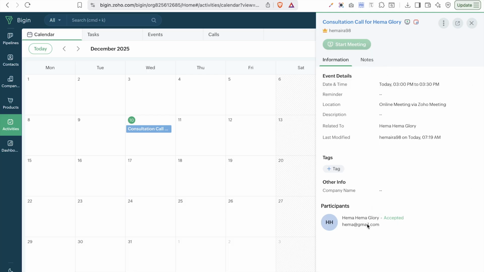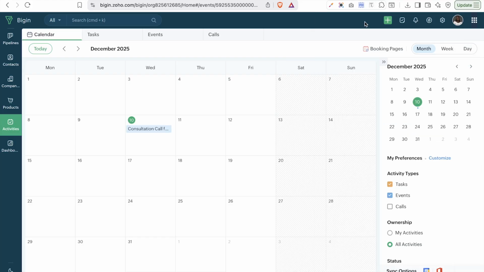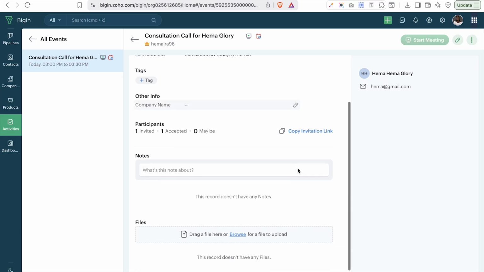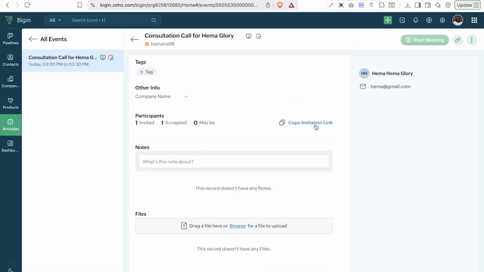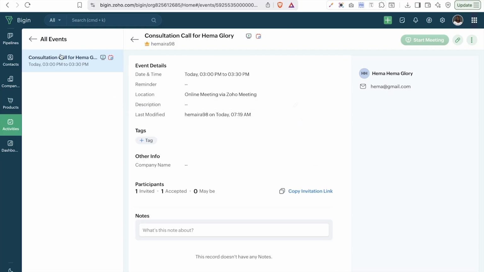You can see the participants, and this also will have created a contact in Zoho Bigin. So this is the name of the event, and you can see the participants. You can copy the invitation link, and you can send the invitation link where people can come into this particular meeting. So that is for